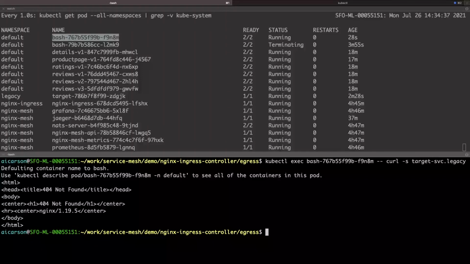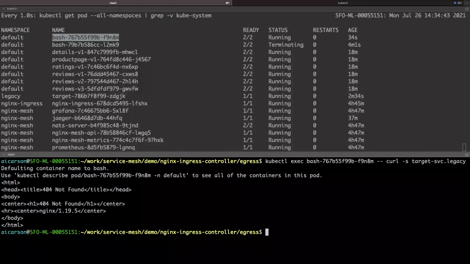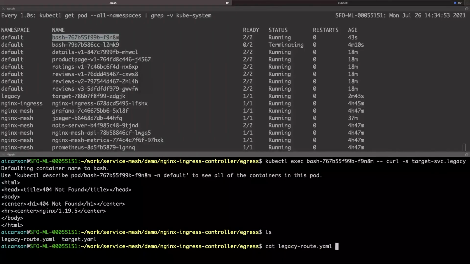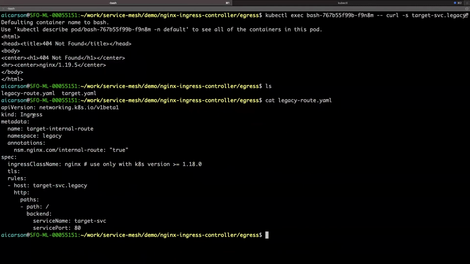We're trying to get this target service. So what's happening? We are getting sent to NGINX Ingress Controller, but there's no route to be able to handle traffic to the target service just yet. And so what we're going to do in order to do that is this last piece, this legacy route. So it's the same ingress resource as we defined before. It's essentially the same bones. We're still routing to target service on a different host, but we're adding this annotation,